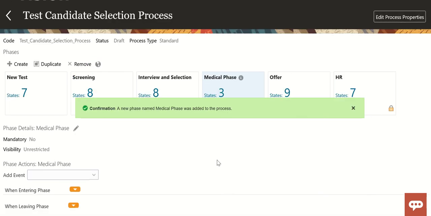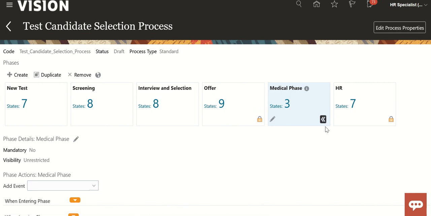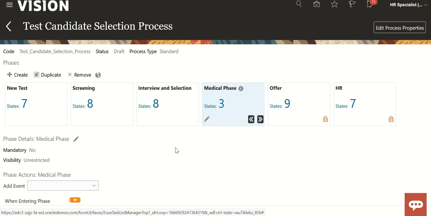One thing you will have to make sure of: new phases you can move here and there. You can even move a phase between offer and HR, but after HR it will not move. As you can see, we are getting the arrow towards the left, not to the right. These are some areas you will have to make sure of.